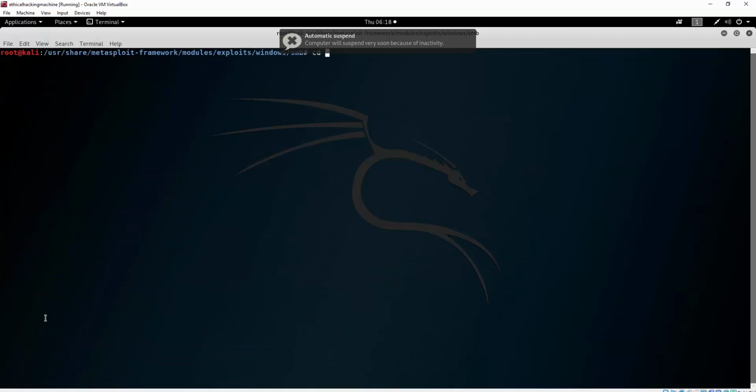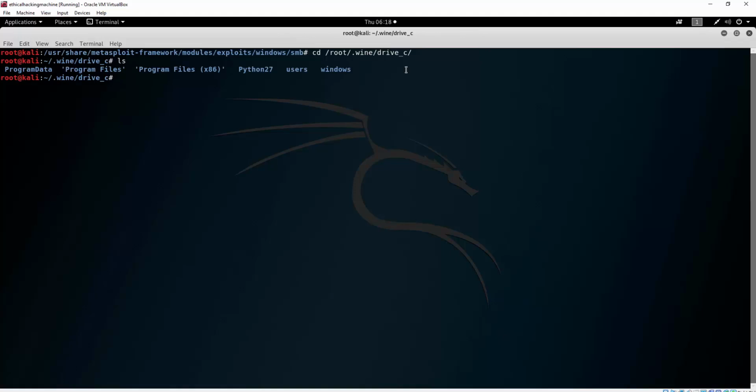The Wine path is root.wine and then drive C. As we can see, if you remember from the previous videos, this is the path to our drive C folder, which is the virtual Windows C folder, which has basically Windows files, as we can see, program files x86 and program files. Now, this is also important to know your Wine path, since we will need to specify it in the